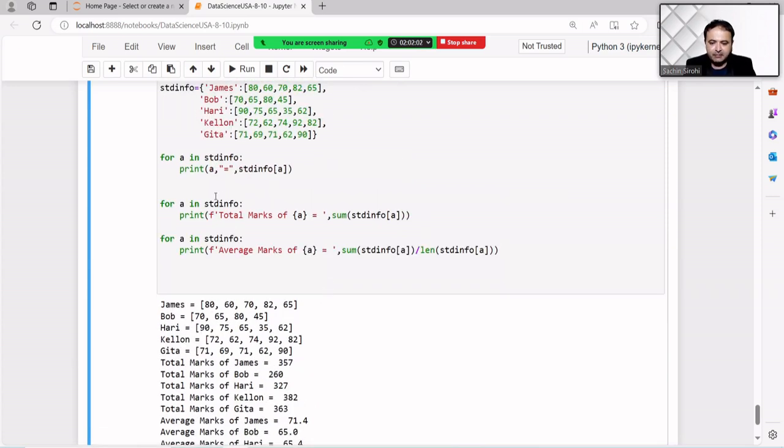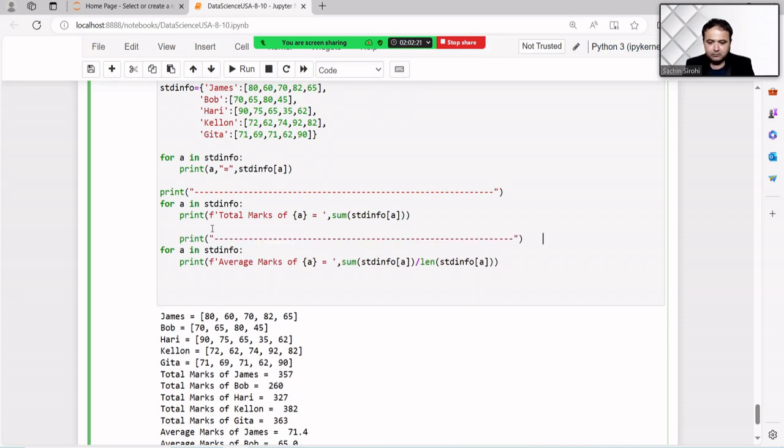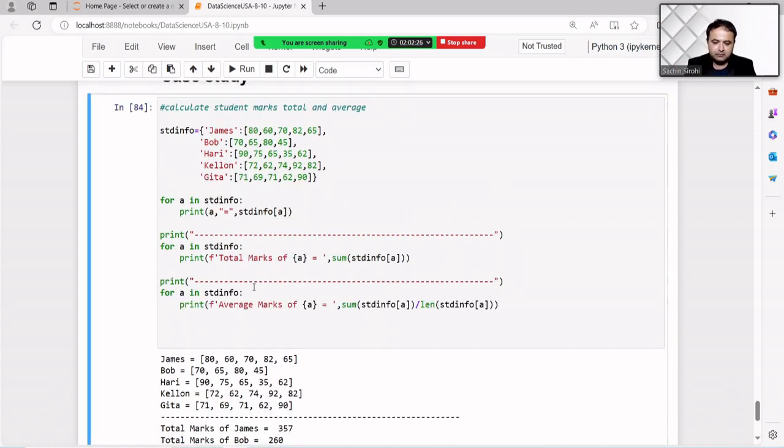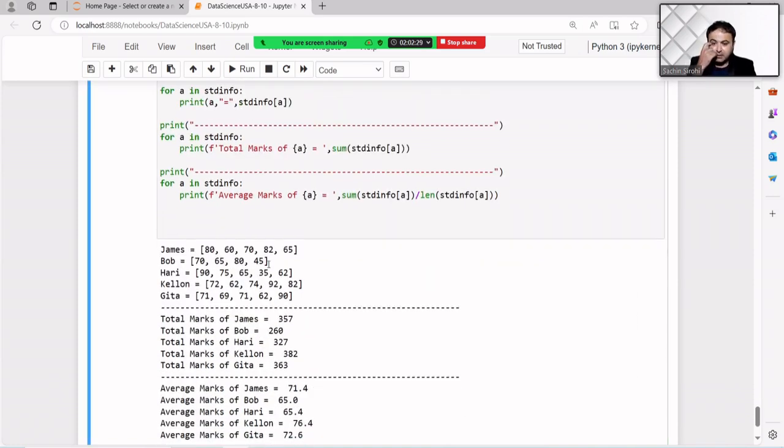I want to separate them with the help of this. So it is the first logic, and to print simply the total marks, it is the second logic, that means total marks you can print.